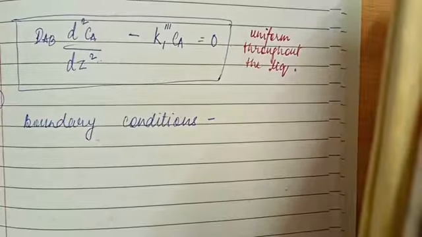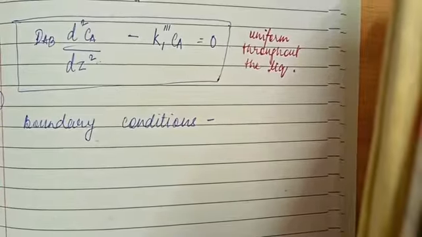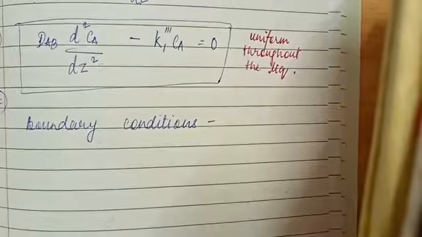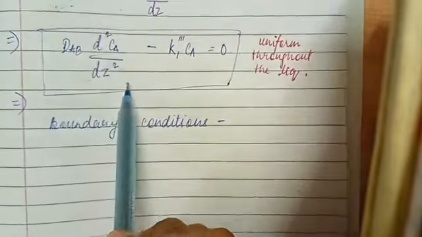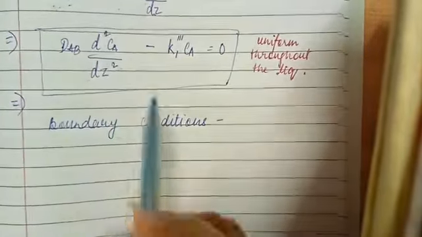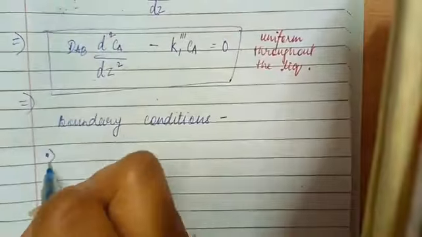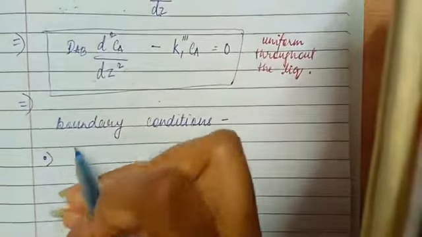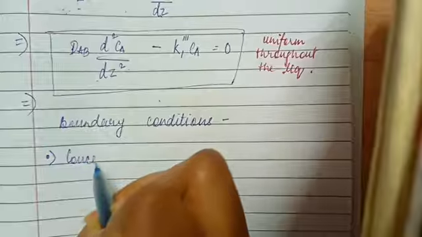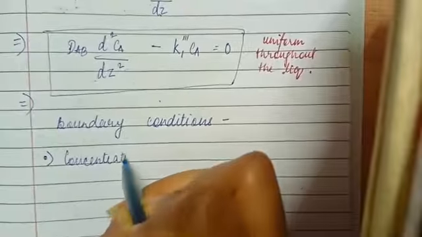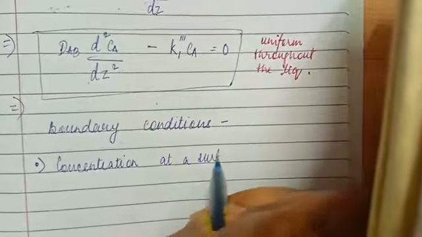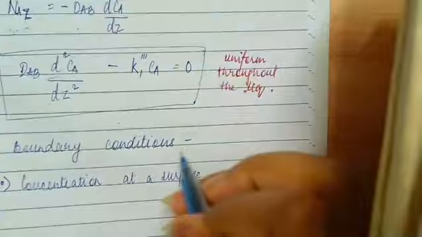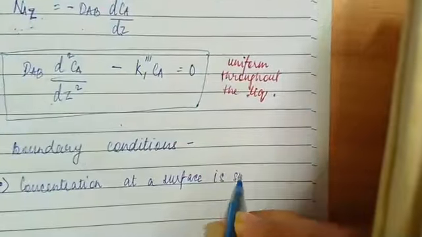So earlier we had seen 4 different boundary conditions, but to simplify the differential equation, we conclude that we can use 2 boundary conditions. The first one is that the concentration at a surface is specified,